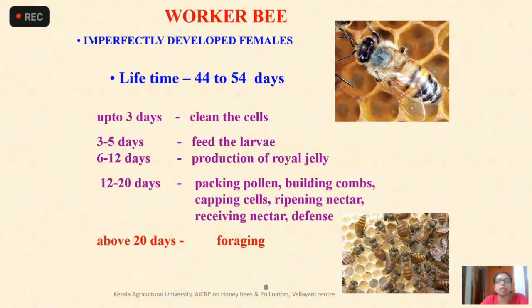Royal jelly is actually a combination of the secretions of the hypopharyngeal and mandibular glands. It is the one which is fed to the queen, which increases its reproductive capacity and all. Then finally, those of 12 to 20 days,